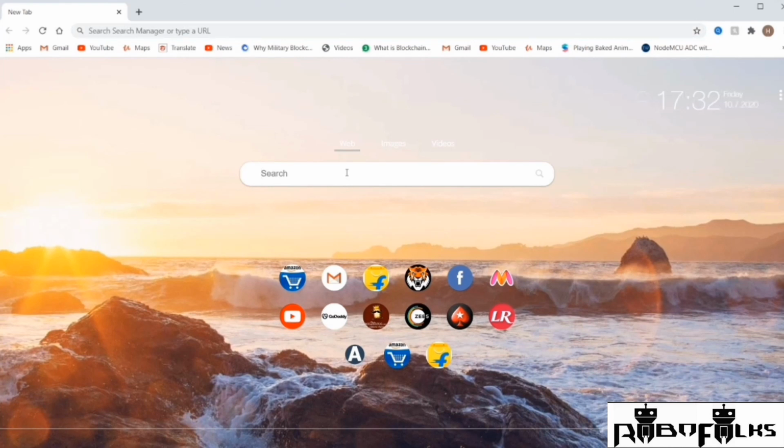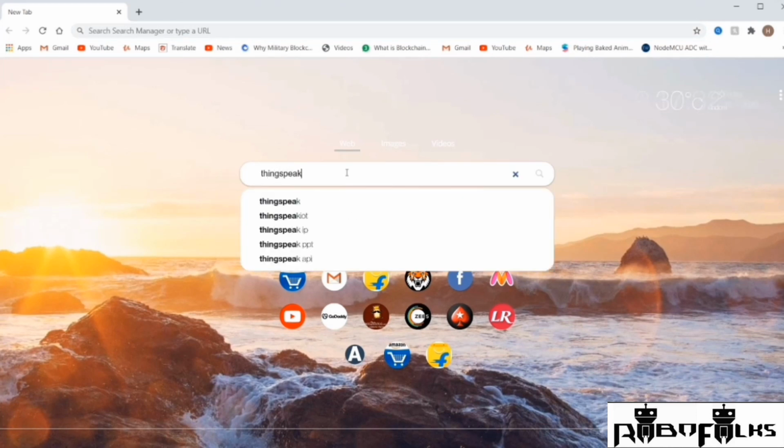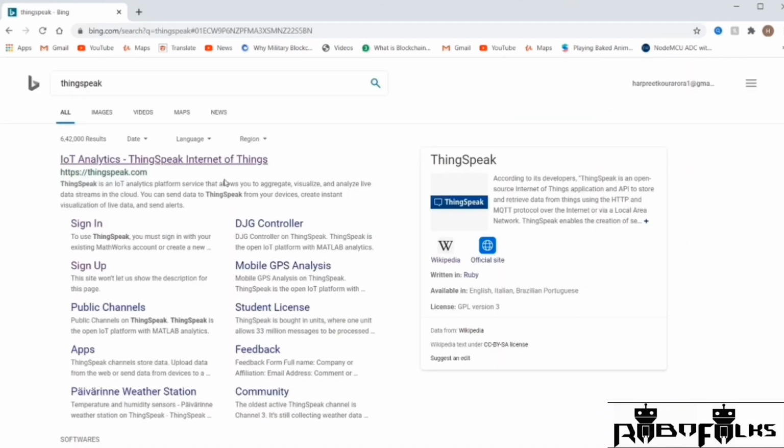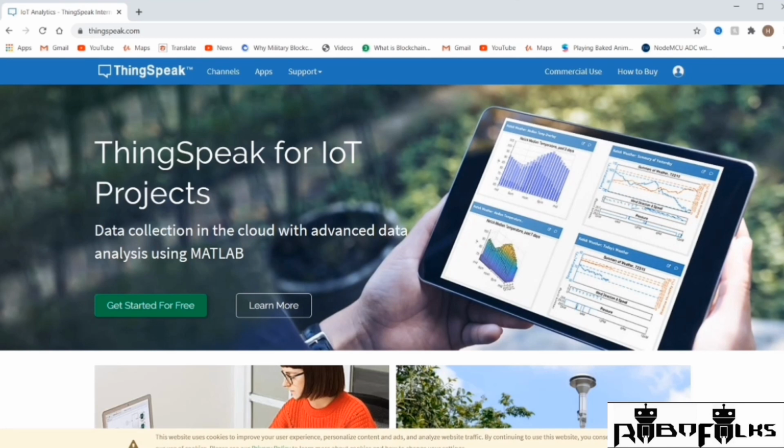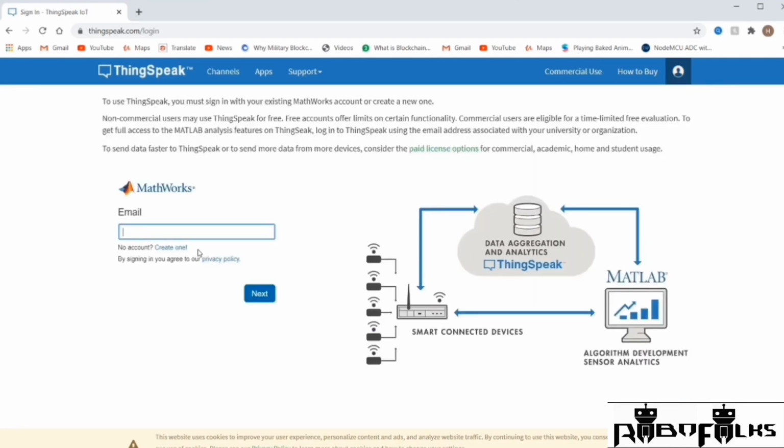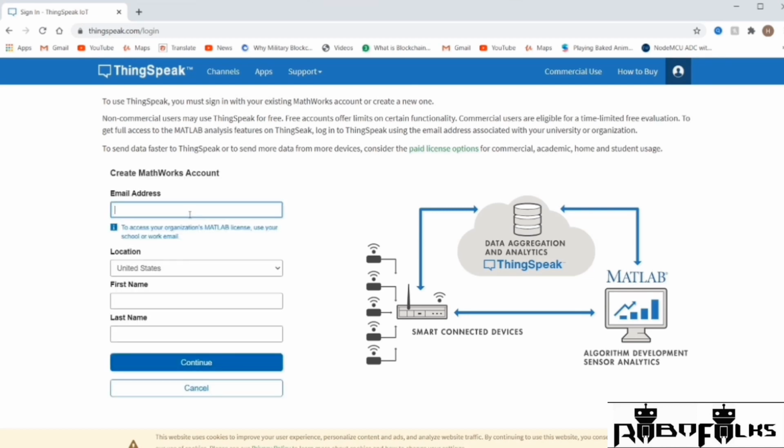Now we will see how to create a channel on ThingSpeak. Open Chrome and type ThingSpeak, and then open its official website. Click Get Started for free. Now if you don't have an account on ThingSpeak, then generate a new one. Fill in all this information and then click Continue.